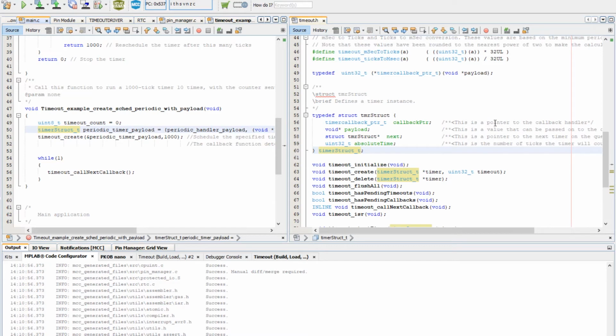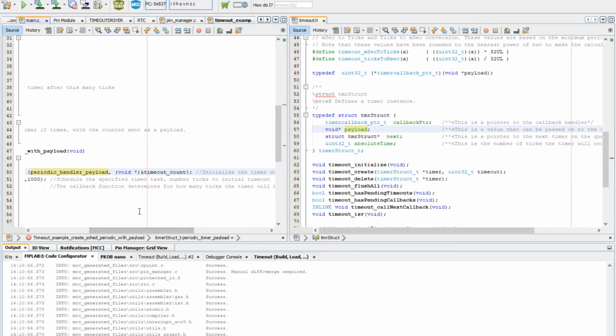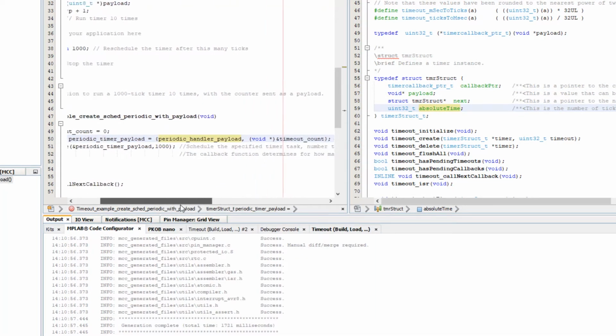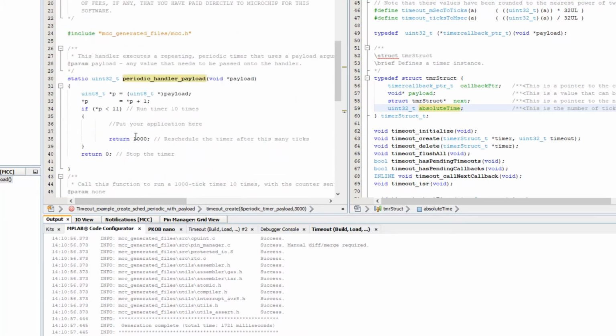So first of all, it's a pointer to the callback handler. You can see that that's what we're passing here. So we initially populate the structure with a pointer to the callback handler. Then we have a payload, which is also a pointer to the value of timeout counter. Timeout create handles the last two elements of the structure, adding the timer to the queue and starting the timer with the number of ticks before the timeout expires. Here we're going to set our initial timeout of 3 seconds, and we're going to reschedule this timer every 500